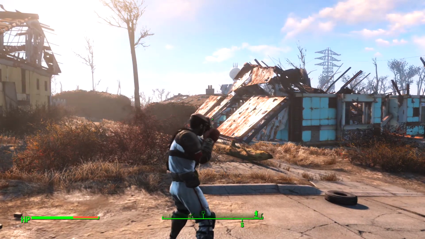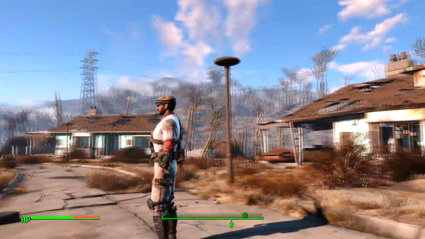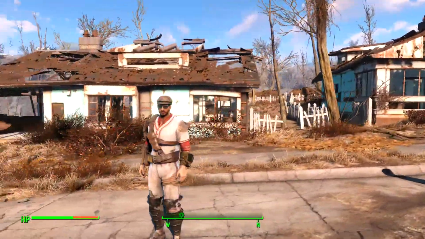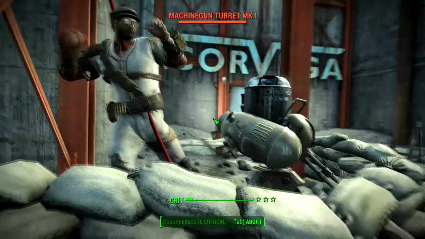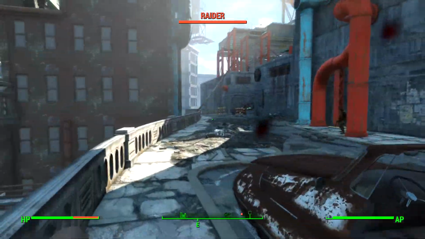So this build was recommended to me by one of you, and I thought it would make it one of the unique Unarmed Brawler builds on YouTube, since I know there are quite a few out there, but I doubt any of them are actually using luck combined with unarmed. What I mean is with this build you can have better criticals, you can also save your criticals for later in VATS, and you can have the mysterious stranger appear to help you while you are in